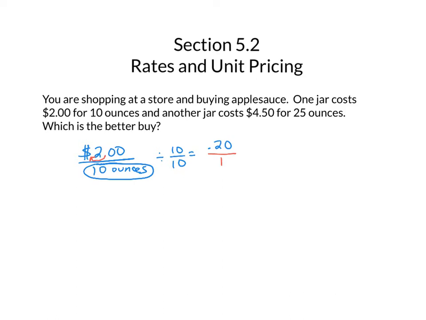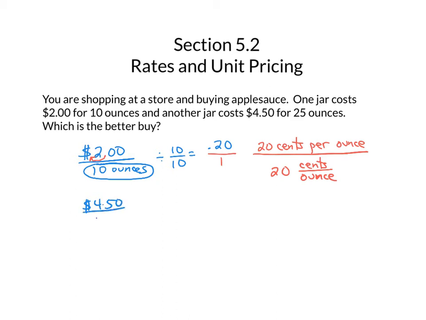So what this is saying is that this jar of applesauce costs 20 cents per ounce. And that is what is known as unit pricing or a unit rate. Oftentimes it could be written this way. You also might see it written this way, 20 cents per ounce. And you can see it written either one of those two ways. The other jar of applesauce is